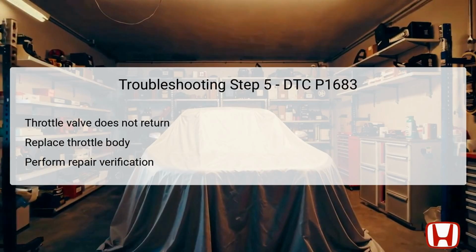If, during inspection, the throttle valve does not return to its closed position, this indicates a significant mechanical failure within the throttle body itself. In such scenarios, the appropriate action is to replace the throttle body entirely, as the damaged component cannot be repaired effectively. Following the replacement, it is essential to conduct a repair verification to check if DTC P1683 is still present. This involves using the HDS to read any new codes and ensure that the new throttle body functions correctly, thereby